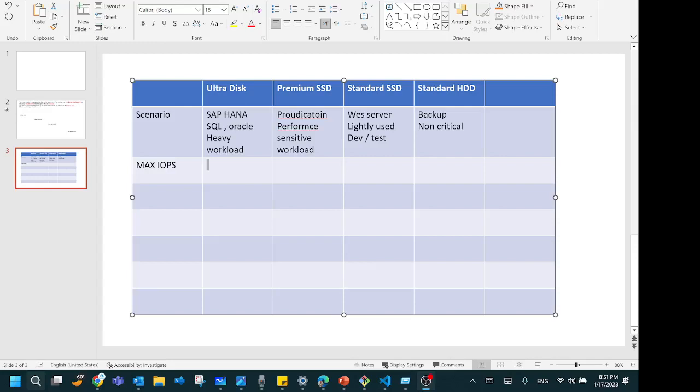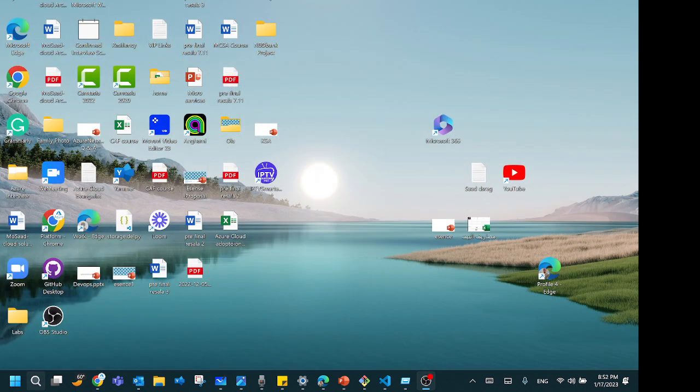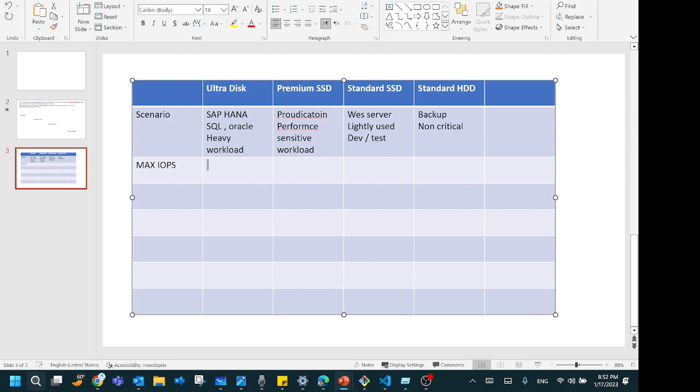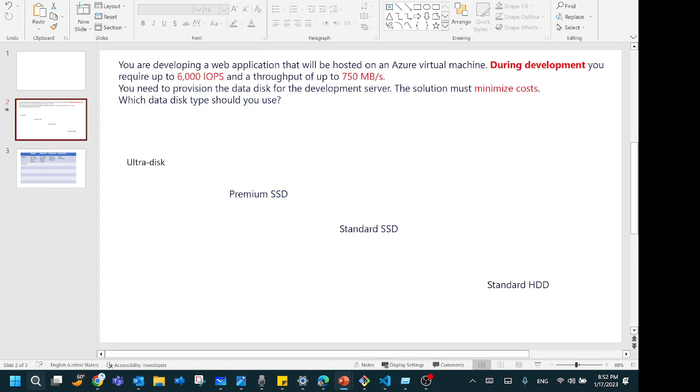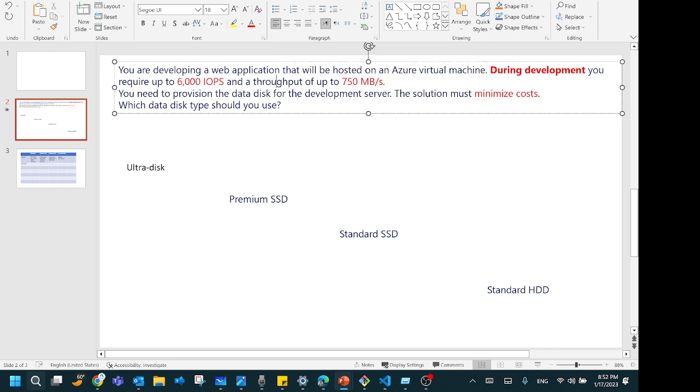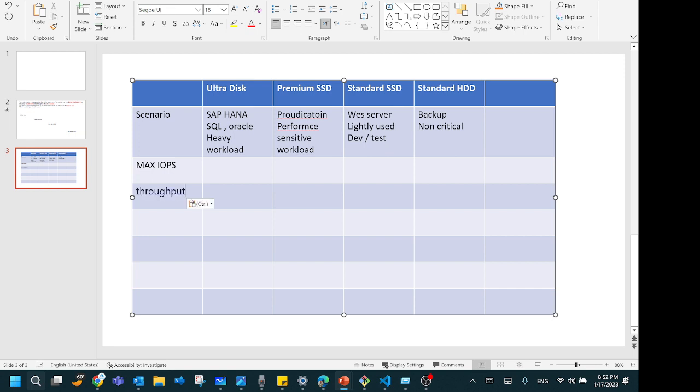So let's jump into the maximum IOPS and differentiate between a lot of tips here. First, we have max IOPS, and we also need to differentiate between throughput. If we differentiate between the scenario, the maximum IOPS and throughput, the proper choice will be selected. First, for maximum IOPS, for ultra disk it will be